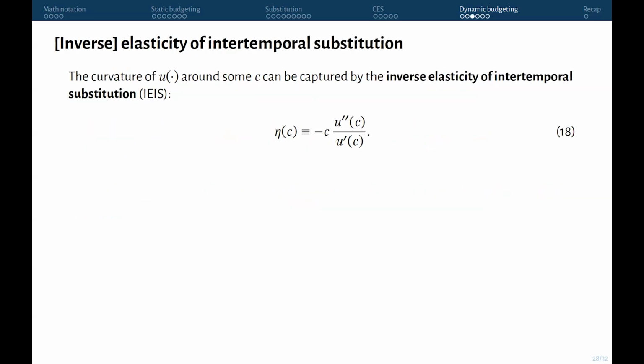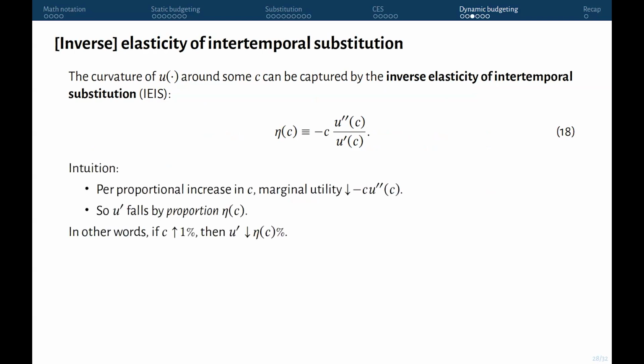The curvature of flow utility around some consumption level can be described, among other ways, by something called the inverse elasticity of intertemporal substitution. We'll call it eta. And it can depend on how much you're consuming. It can depend on where in the function you are. The intuition for this formula is